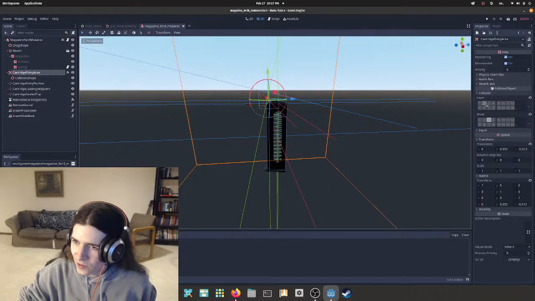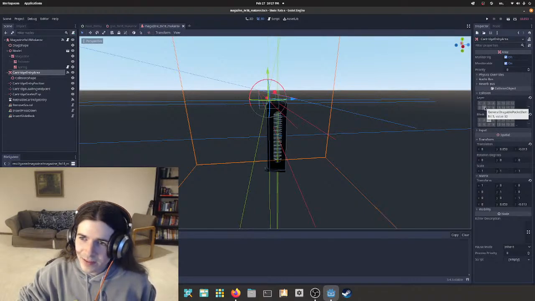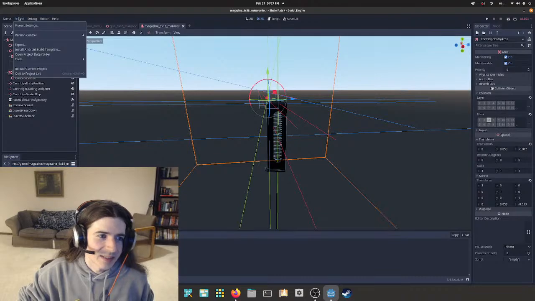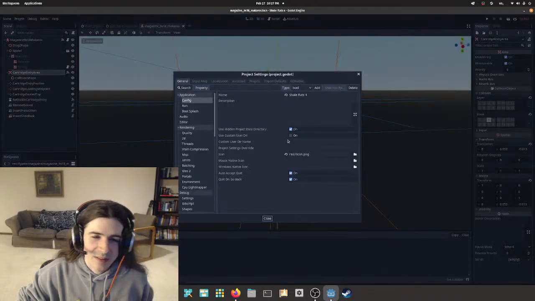But I do have a cartridge collision layer, okay? So we probably want to, we can do this a couple ways, but let's go ahead and add a new layer, because that makes sense.